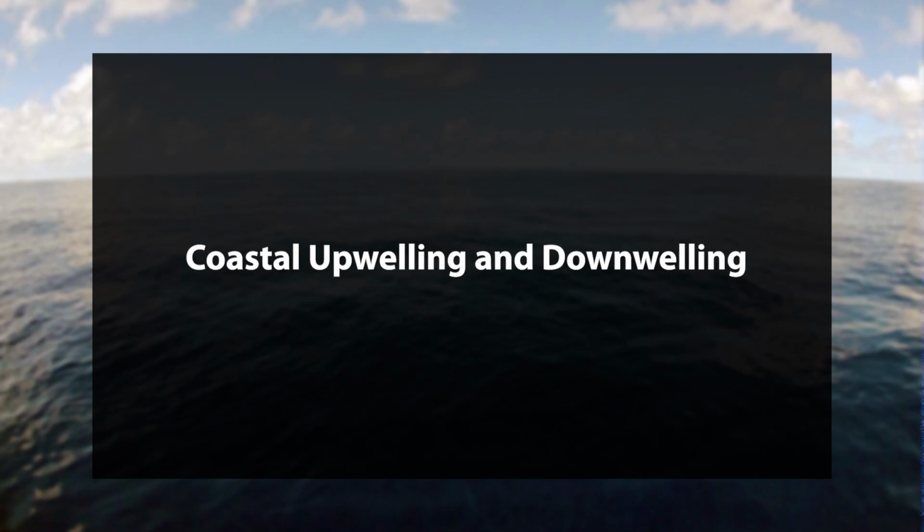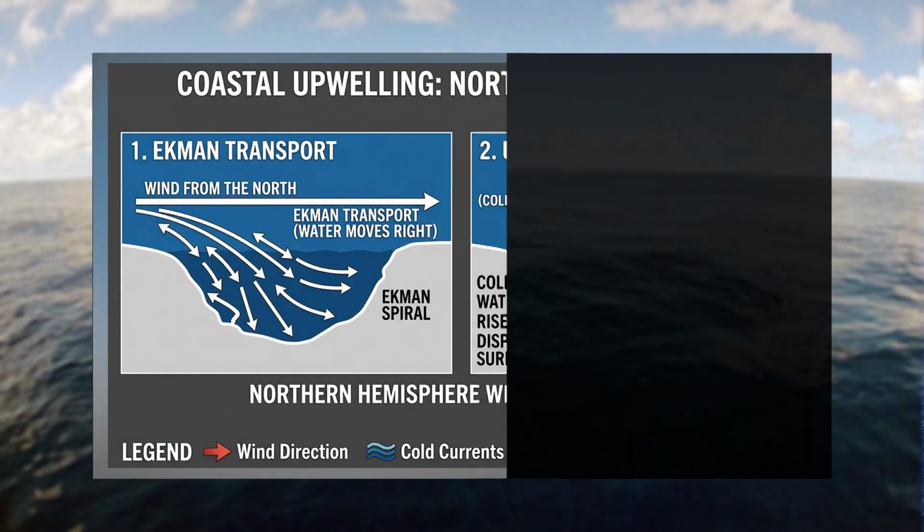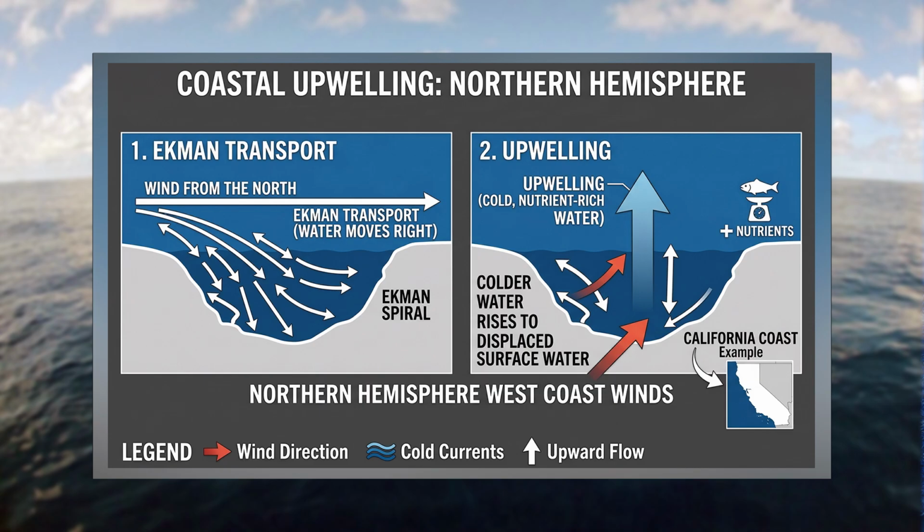After this, we will try to understand coastal upwelling and downwelling. The proximity of a coast significantly modifies this Ekman transport, leading to localized vertical motions. Coastal upwelling: along the west coast of a continent in the northern hemisphere, such as along California, winds blowing from the north, generally parallel to the coast, cause Ekman transport to move water away from the shoreline towards its right. Colder water then rises from below